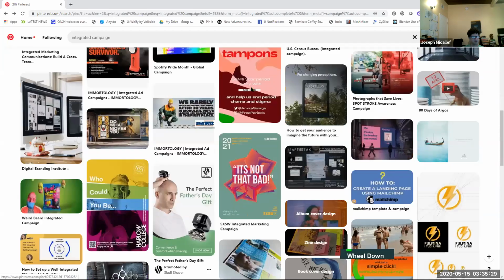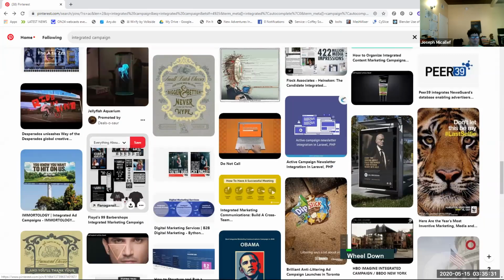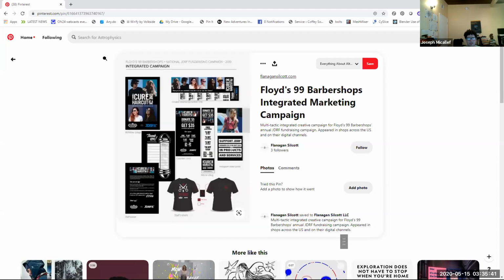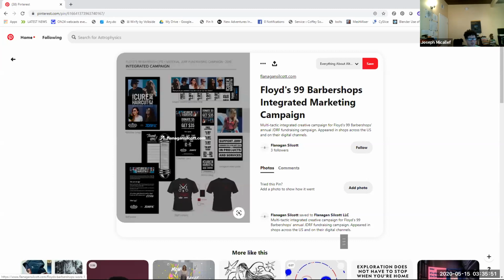So you might find more examples here. Here's another one. This is for Floyd's Barbershop. So everything has a consistent feel to it. Doesn't necessarily mean that everything is the same, with the look of the models represented,